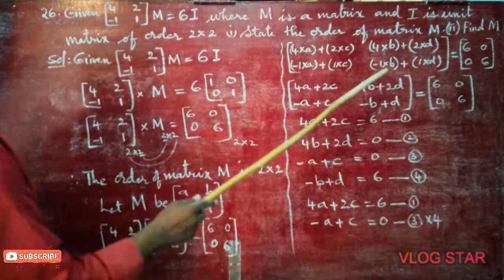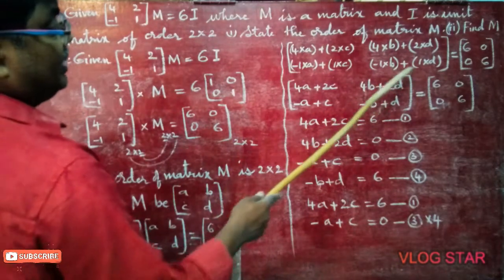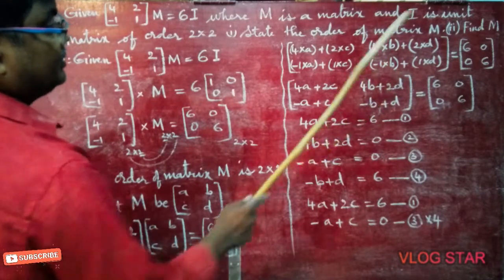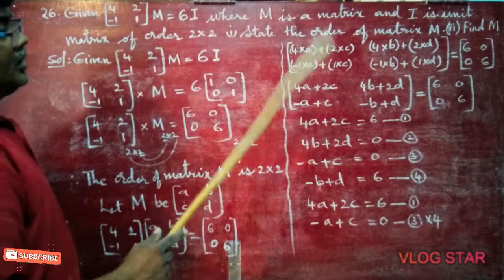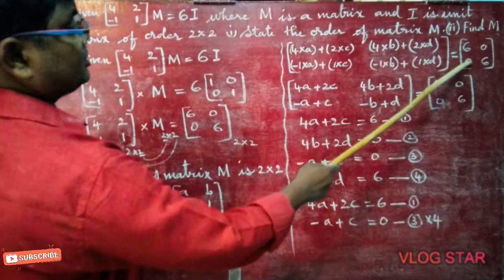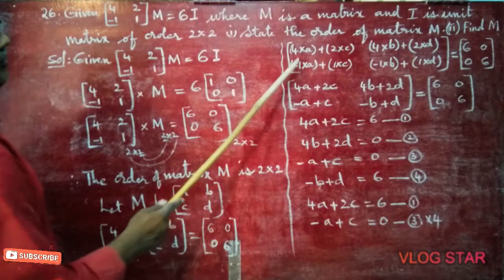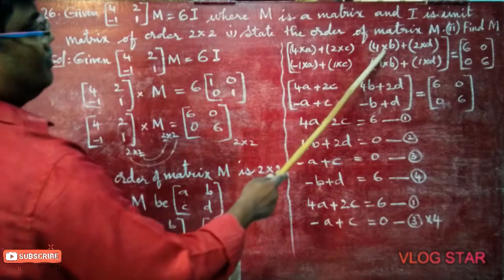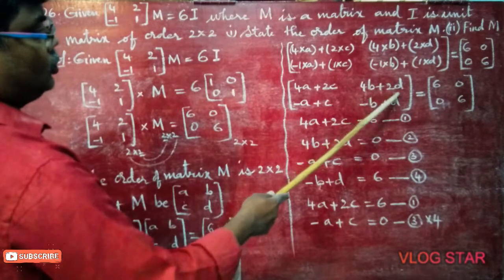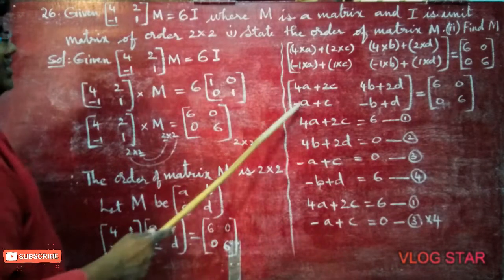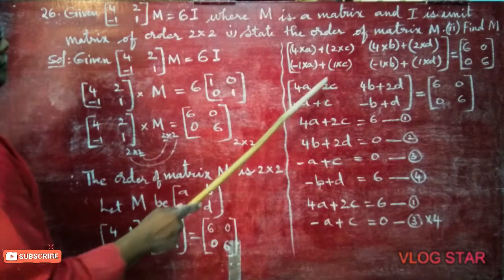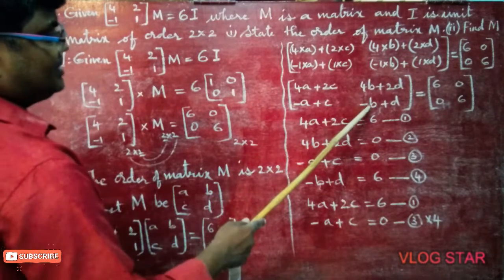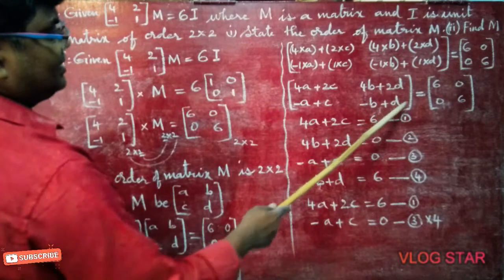So be careful with B and D. For B if you write D, and for D if you write B, that's a big problem. So danger with the BD. Be careful. Now that is equal to [6 0; 0 6]. Now you are multiplying: 4 into A is 4A plus 2 into C is plus 2C; 4B plus 2D; plus into minus is minus, 1A is A, plus 1C is C; plus into minus is minus, 1B is B, plus 1D is D; is equal to